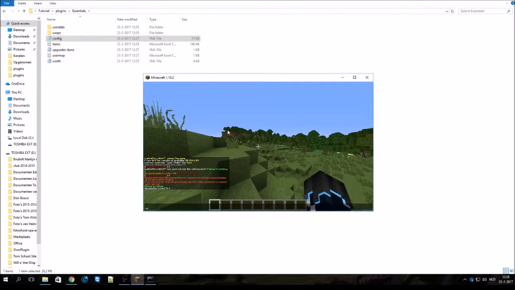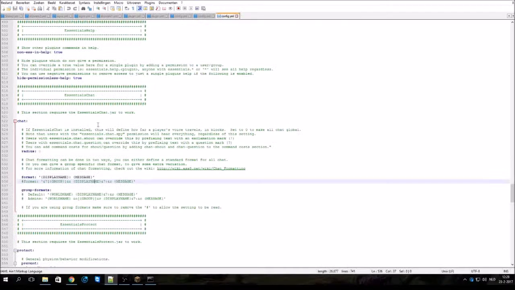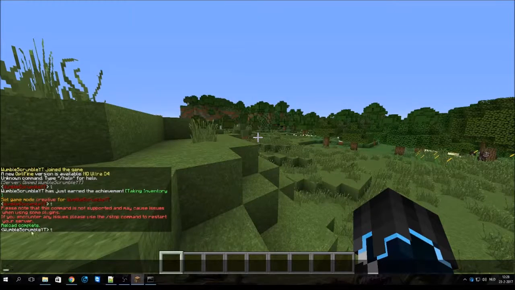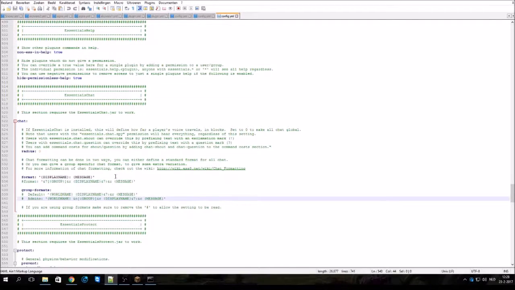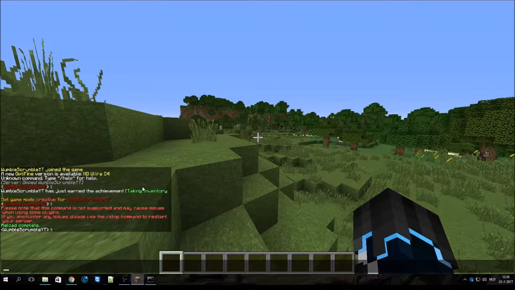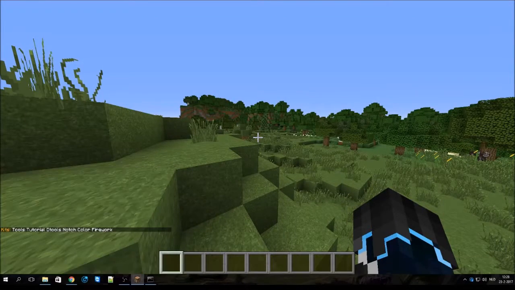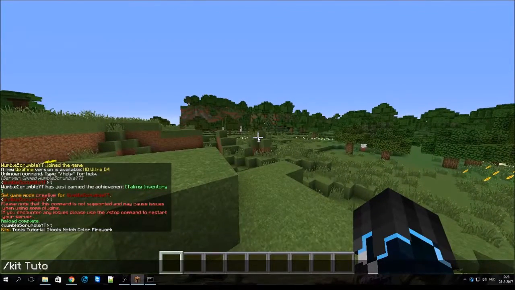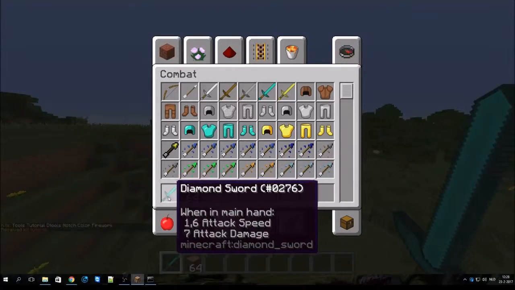We type. Okay, it's not working. It's not working. Let me see. Okay, I don't know why it is not working, but I don't really care. I only want to show you the kit, and we added the kit tutorial, and we got a diamond sword